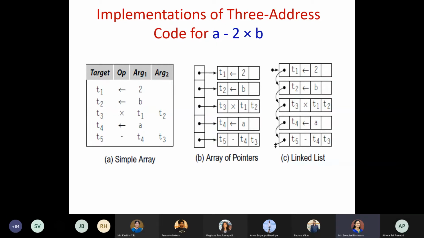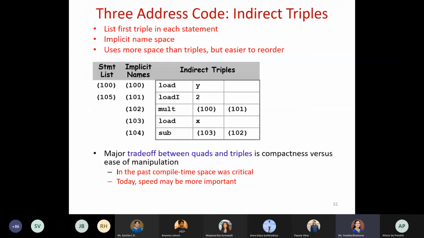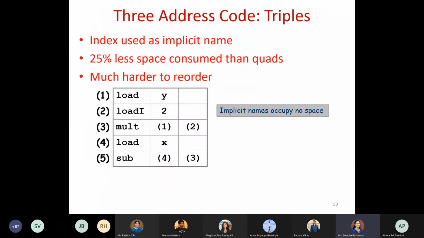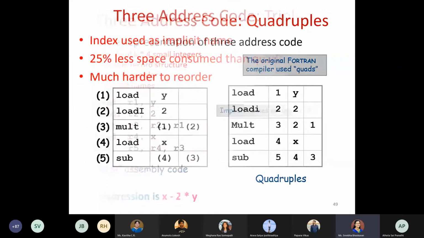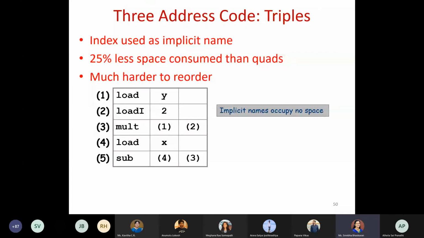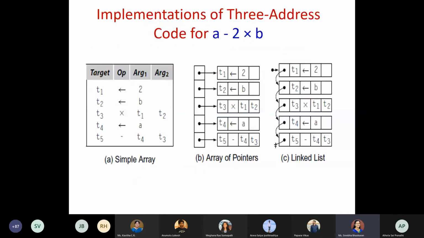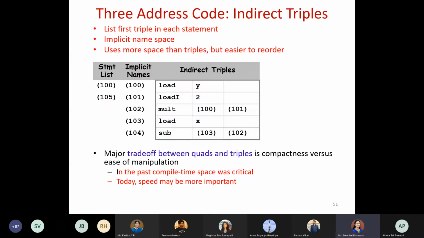When we go for implementation, how do we implement it? For implementation purposes, we discussed how we represent it, by using quadruples and triples. These were the things we discussed in the last class. Okay. So continuing with the last class, that is the continuation of the implementation part. We have seen all three representations: quadruple, triples, and within the triples, indirect triples also.